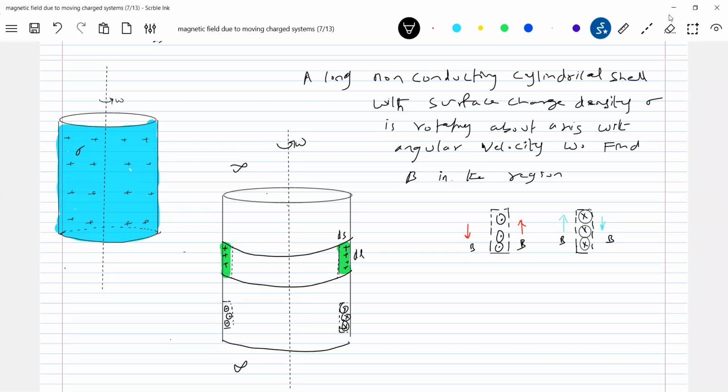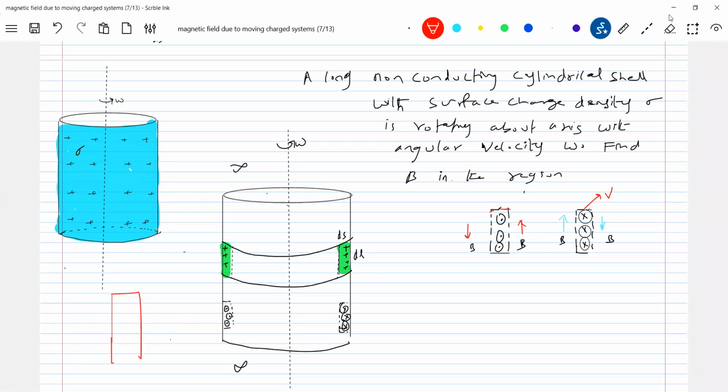The velocity into the plane, I'll show like this. This will be out of the plane. The velocity vector will be in this direction. Let me keep it like this, so I'll separately bring another sheet.